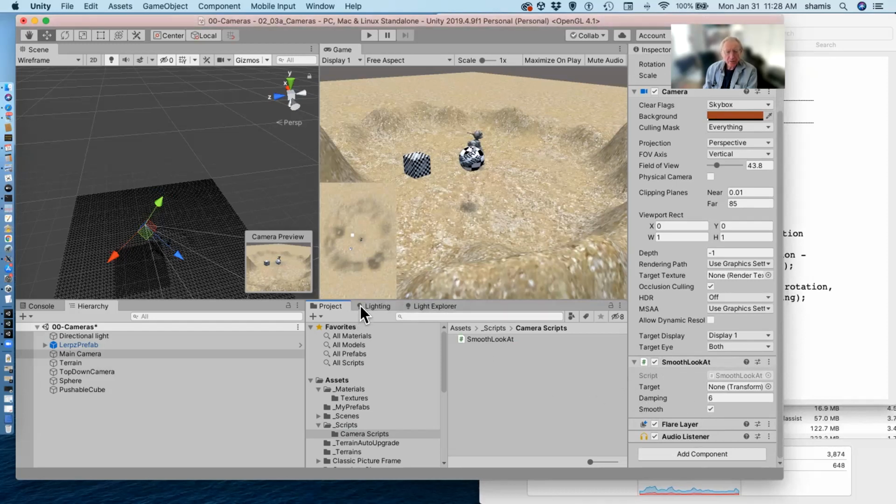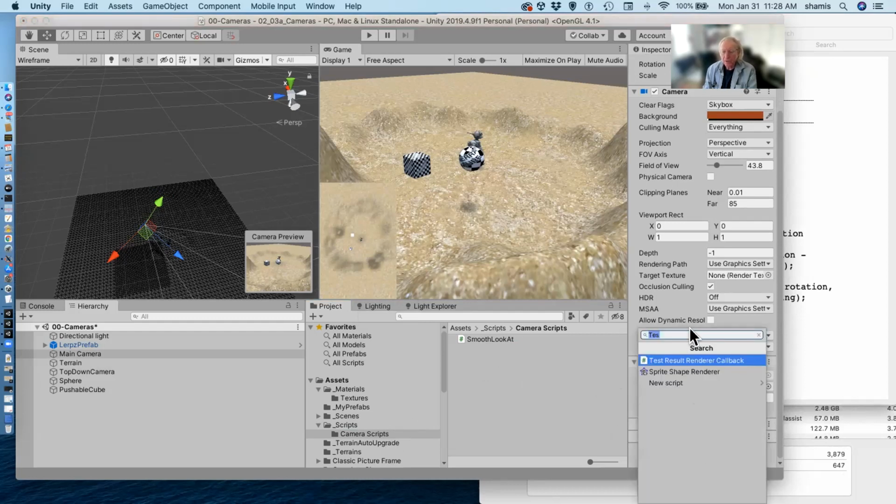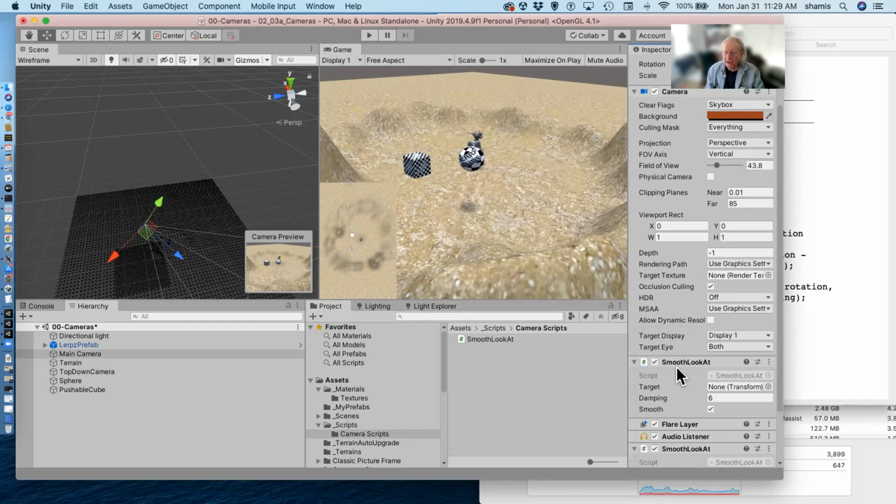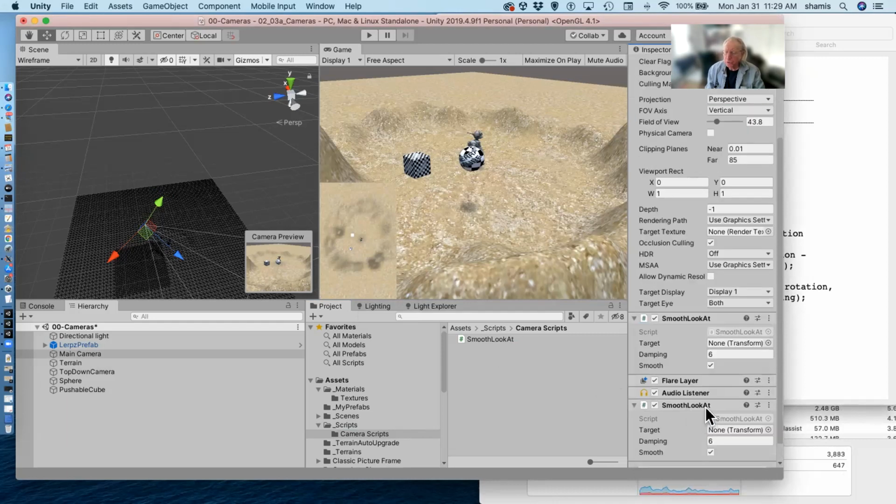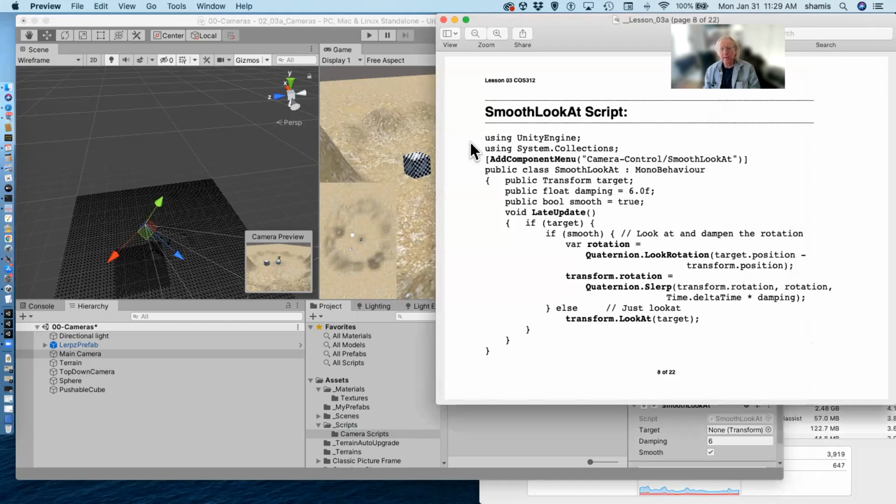Alternatively, you can add a component. So if I look for the smooth look at script, I can add it that way. Now I actually have two smooth look ats. And because this smooth look at has this special directive in it, the add component menu and then camera control smooth look at,